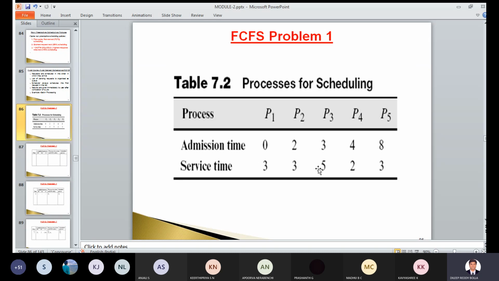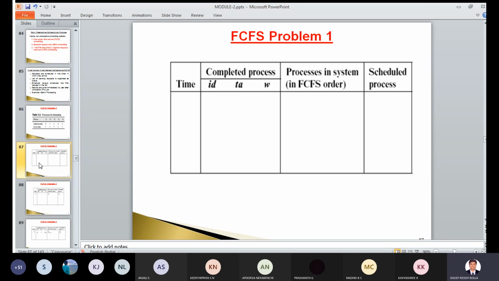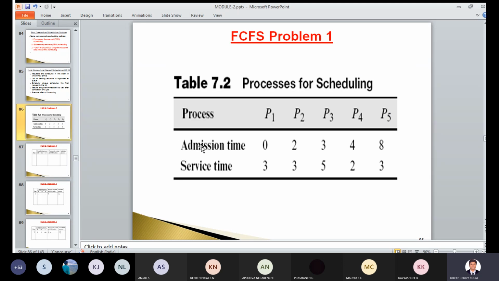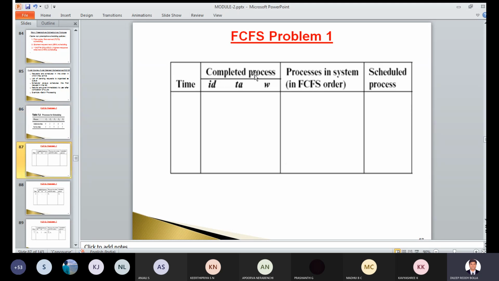So 3, 3, 5, 2, 3, or what to write? Let us see and understand. And what is the ID for it? What is TA? TA is for admission time, and W is for service time. Whichever process is executing, we'll write here, and which is scheduled next, we'll put up in this